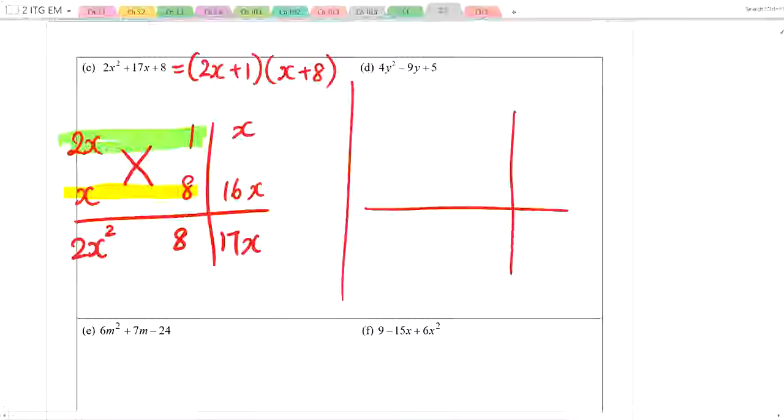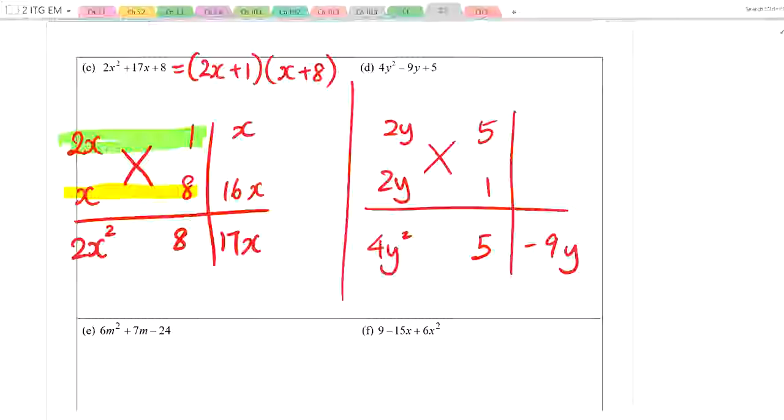So I draw my frame. I've got 4y squared over here. I've got 5 and negative 9y. I'm going to fill in the blanks. Let's put 5 and 1 because I know it's going to be like this. The cross over here. Let's put 2y and 2y. Okay, now instead of really writing everything out, I'm going to do it mentally now. 2y times 1 gives me 2y. 5 times 2y gives me